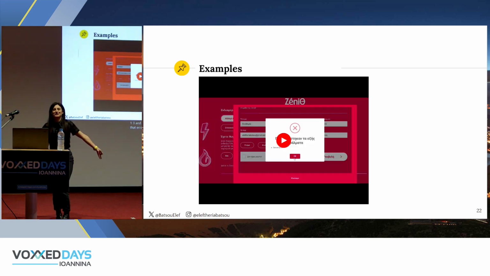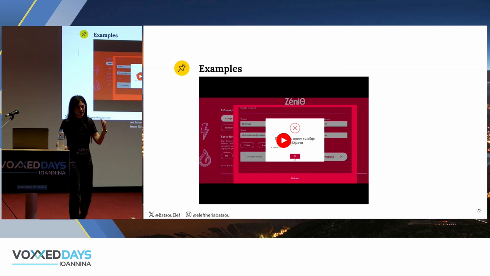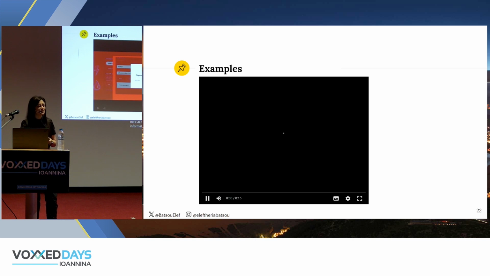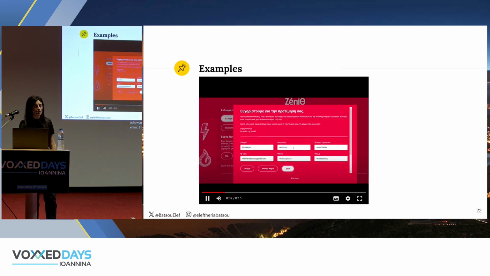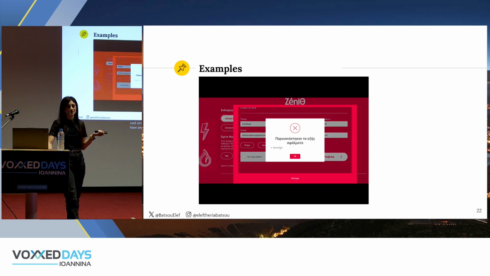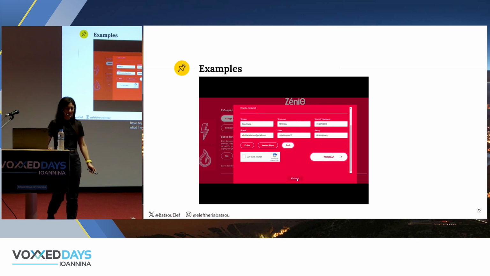Okay, and we have one last example. If you are from Greece, you know Zenith. Zenith is a Greek provider for power, electricity, and this kind of stuff. I hope that no one here is working in Zenith, but if you are, you can check this example and then go back to your boss, because there were some weird stuff here as well. I was trying to give my information, and then there was an error. They never told me what the error was. And when I clicked again, it said server error, but again, I didn't have any other information about what I was supposed to do. Anyway,